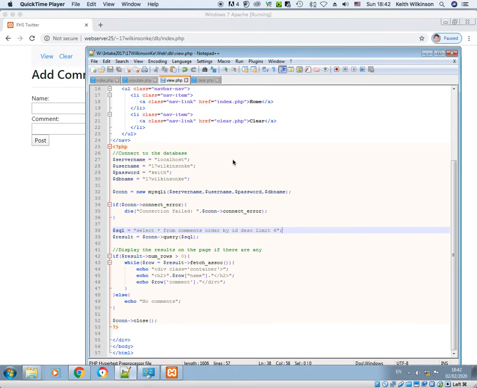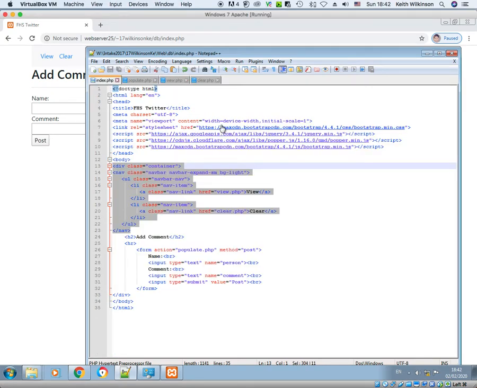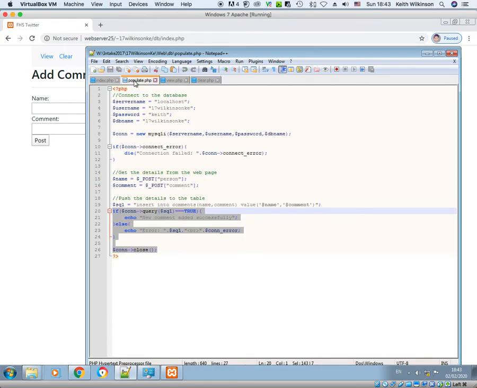Okay, let's take stock of where we've got to so far. We've got our index file, which we now have linked to Bootstrap so that we can get this nice menu and styles on our form and in our headings. We've got populate, which sends information to the database. So every time we make a comment and press post, it comes to populate, and then those details are added